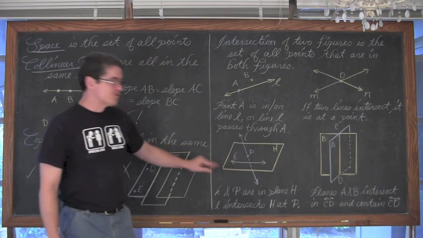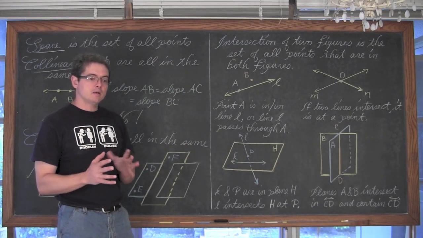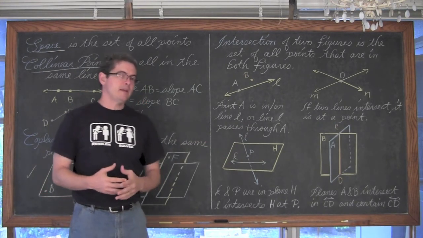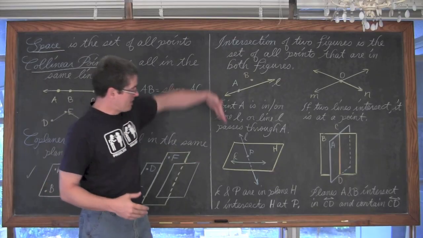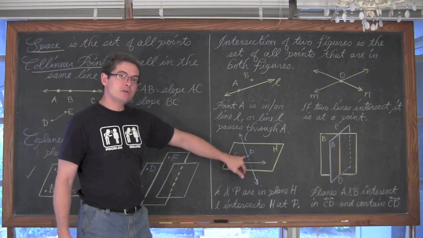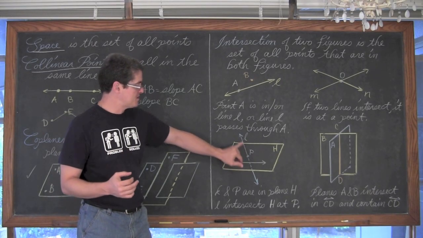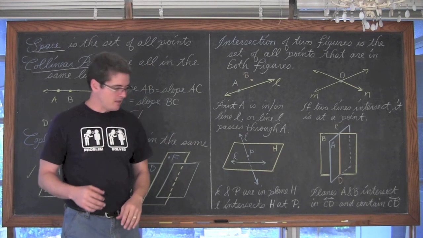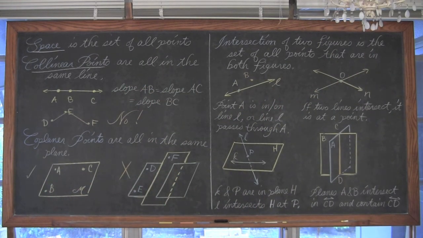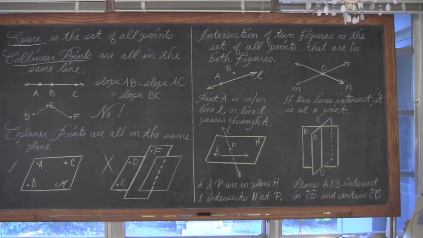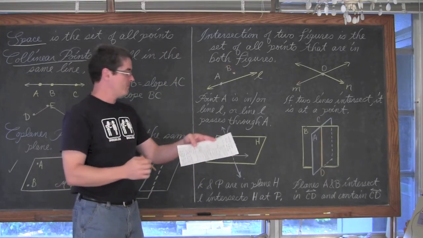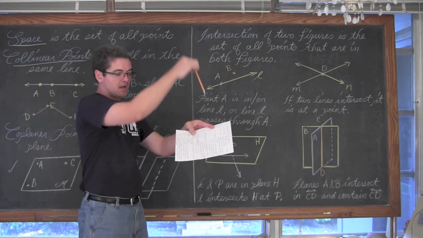I have plane H drawn, and I have a couple lines working with this plane H. I've got a line going through it, so I have line L going through plane H. I'm trying to identify it's going through because you see here the line is solid. Well, let me get a pencil. I can have this plane, which is my piece of paper, and this line coming through it.